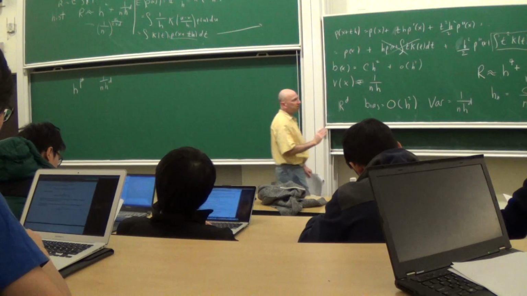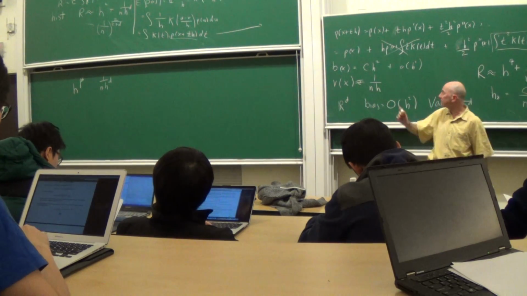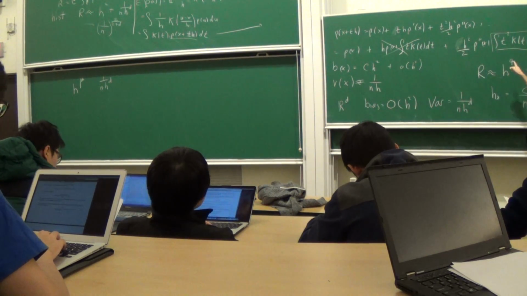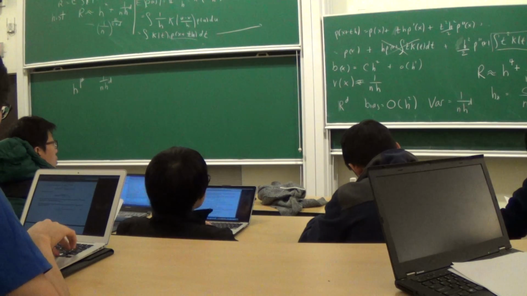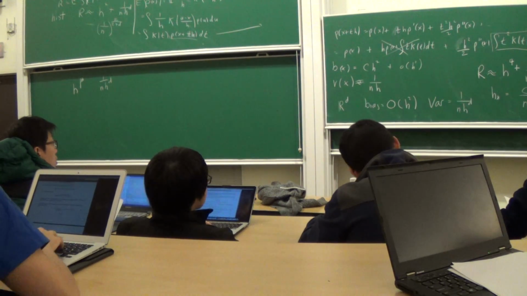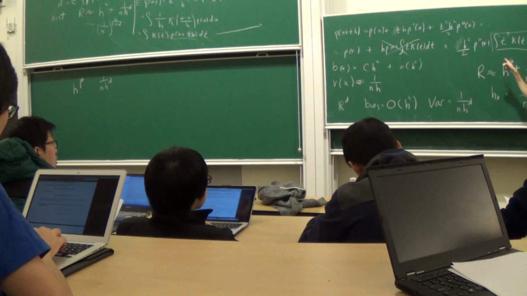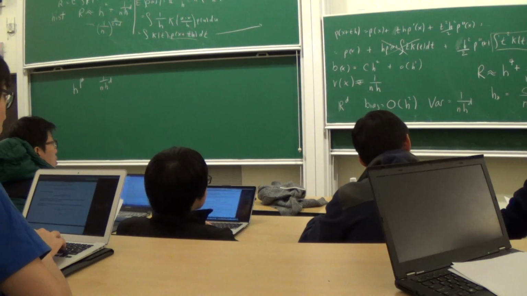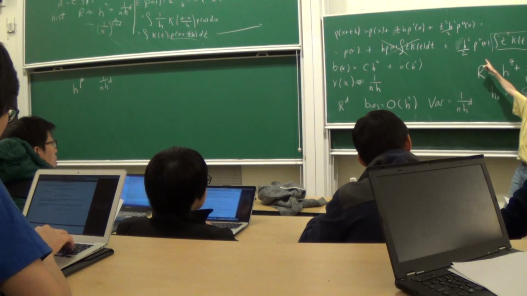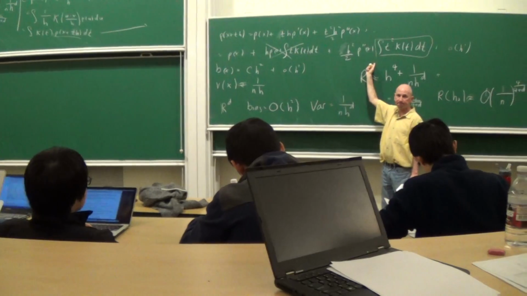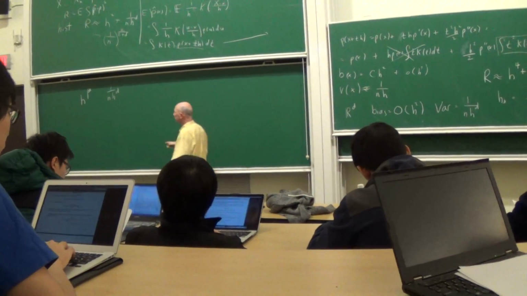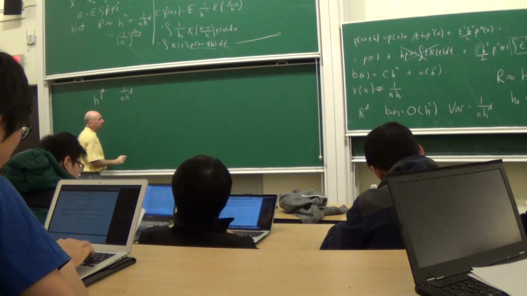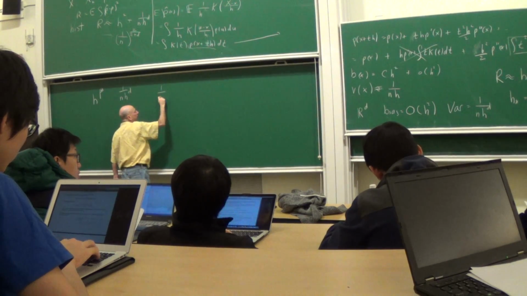All that happens when you assume more smoothness is, did you see how I did this Taylor expansion and killed off the first term? If you assume more smoothness, you can keep going out more and more terms and kill off more and more terms, although you have to pick the kernel carefully to make sure you're killing off all those extra terms. But you can only go out as far as however many derivatives you're assuming. And what that buys you again is that you get rid of more and more terms, so the bias becomes h to the beta. The final rate becomes of order 1 over n,